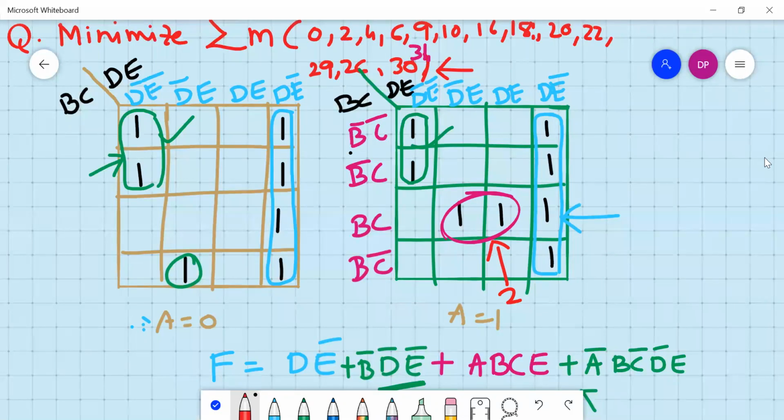Sir, in the second, B equal to 1. In that, can't we take these 3 from A equal to 1 and 1 from A equal to 0, sir? In A equal to 0, you have a 1 here. No, in the same BC row, sir. In the BC row, you don't have any 1s right here. Yes, sir, this one and these 3, from A equal to 1. How can you take this?